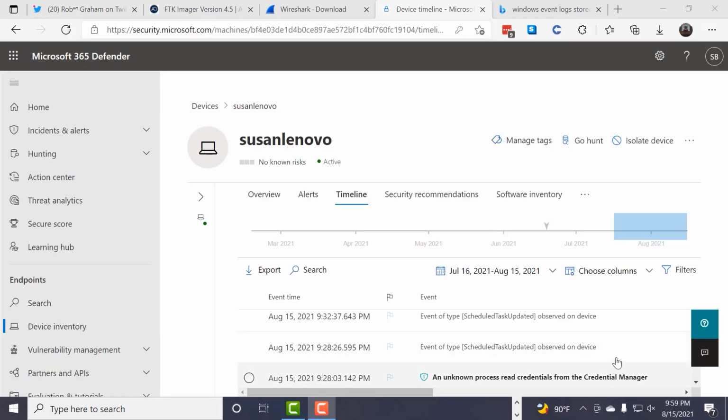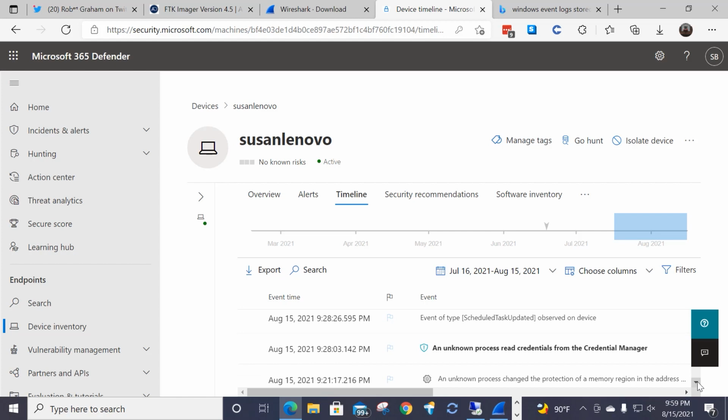Another way you can have a forensic view of your machine, and this is actually cloud-based, so you can look at it after the fact, is the Microsoft Defender. It used to be called Defender ATP, and now it's called Microsoft Defender for Endpoints. And what this gives you is a timeline view of what's going on in your machine.